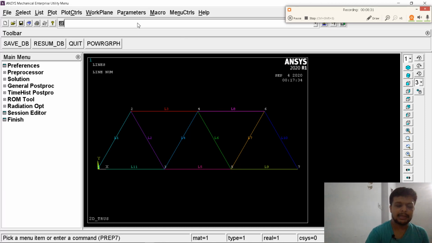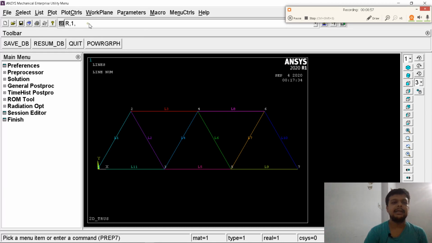Now we will apply the real constant. What does real constant mean? Whenever you consider some static structural frame, the frame will have some area, it will have some mass moment of inertia. Similarly, it will have some properties like thickness, height, and many more. So these terms will be considered under real constant.